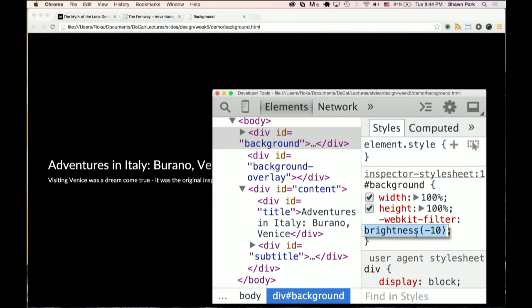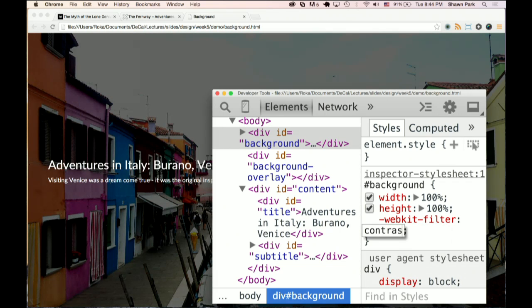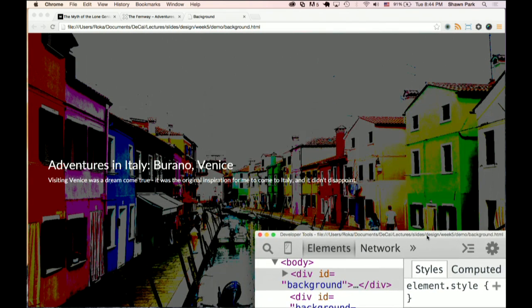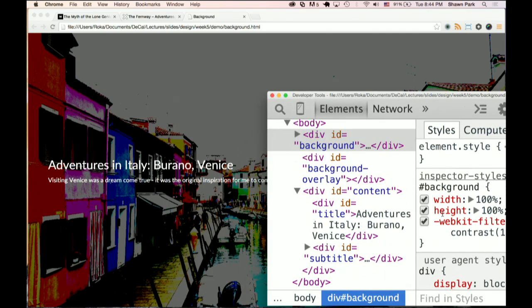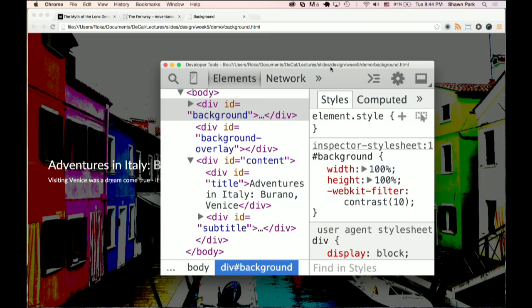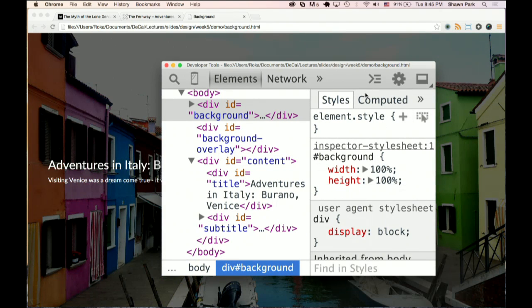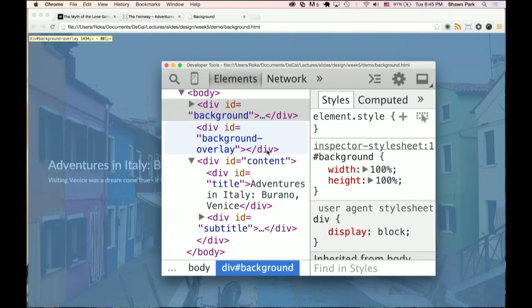I'm not sure if it's brightness or contrast. Was it contrast? Contrast 10? Yeah, as you can see, the contrast has changed. But using WebKit filter actually degrades the quality of an image, so it's not preferred to use WebKit filter. Any other questions regarding blurs and backgrounds and overlays?